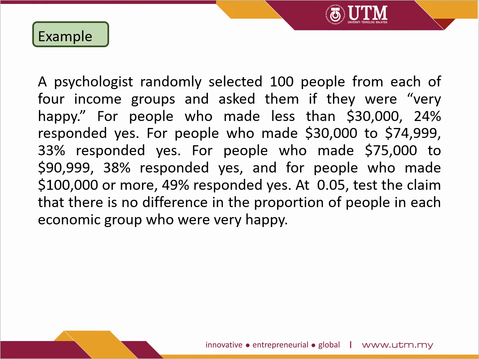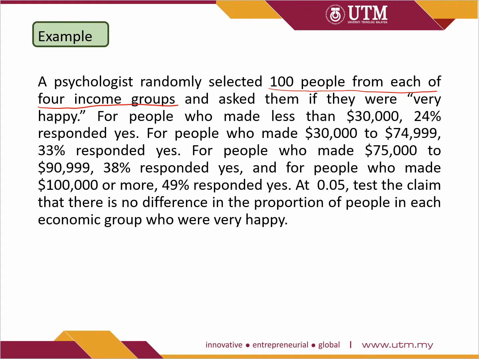So now let's go through the example. A psychologist randomly selected 100 people from each of 4 income groups. So here we have selected 100 people from each of 4 income groups and asked them if they were very happy. For people who made less than 30,000,